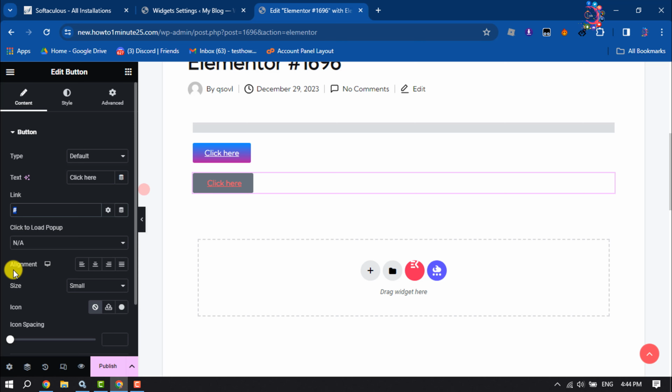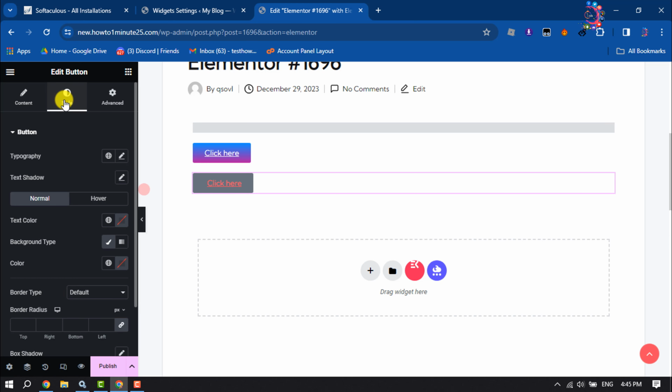You can change the button alignment. You can also change the button size. You can add an icon to your button from here. Okay, now to add a gradient background to this button, go to the Style tab, and here click on button,